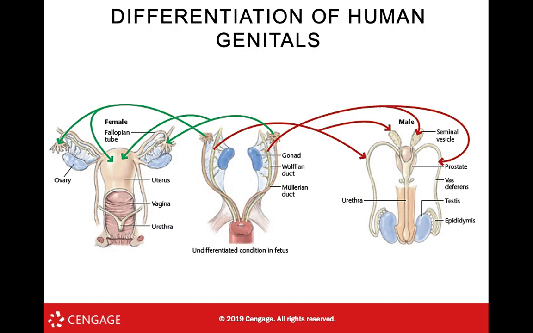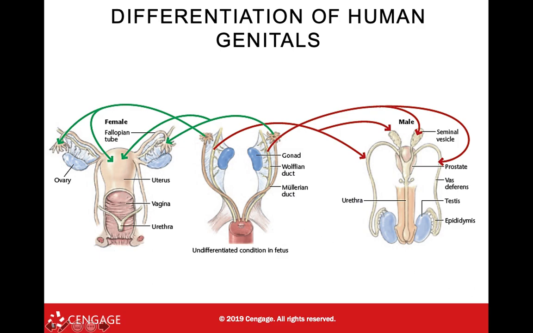So, like I said, we really begin life with undifferentiated structures for human genitalia. As shown in the center here, this is the gonad of a fetus, and if you look at the blue section, you can see that it'll either develop into ovaries, shown on the left, or testes, shown on the right. So the Mullerian duct, which is right here,